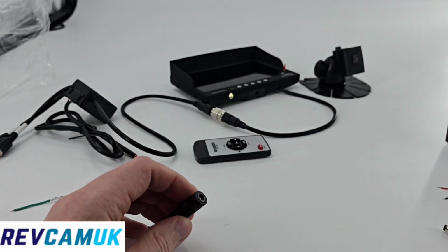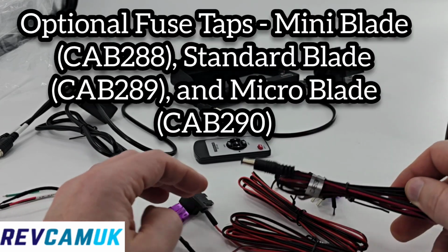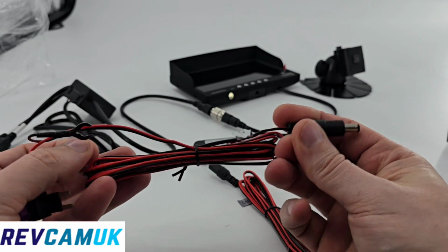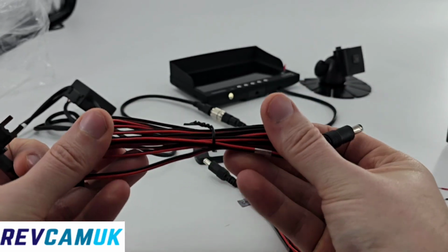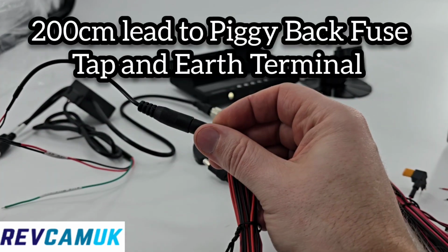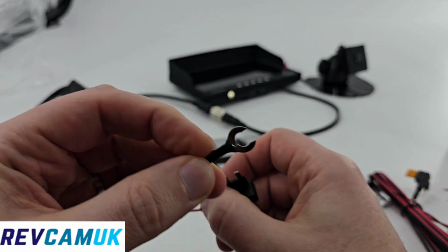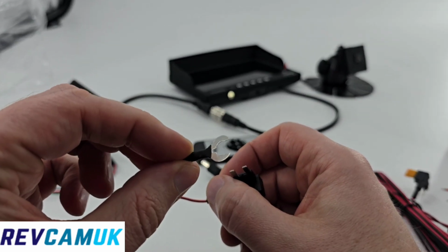Another popular one are fuse taps. We have various fuse taps. You can order those as well whilst you're going through the ordering process. They're 2 meters long. At one end it plugs into that DC socket. At the other end you've got an earth terminal, so you just find a chassis screw or bolt and attach